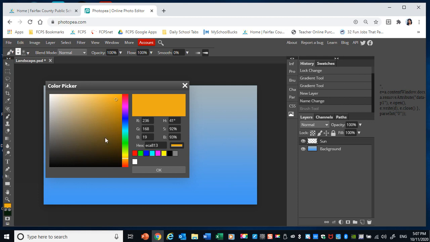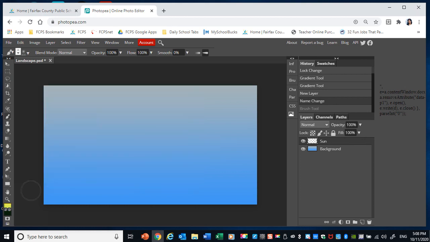Now I'm going to yellow, and I want a slightly brighter yellow. So I'm going up here in my color picker. And I want that yellow right there, so I'm going to click OK. And my sun is going to go right about here. So I'm going to click once,